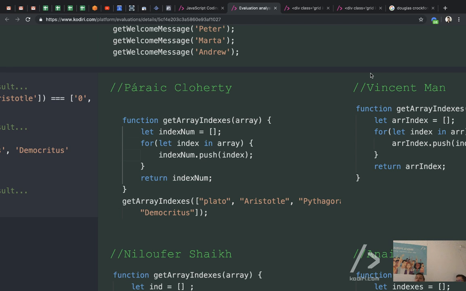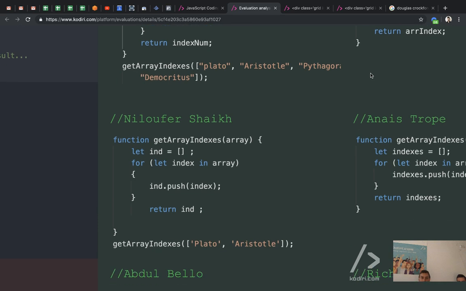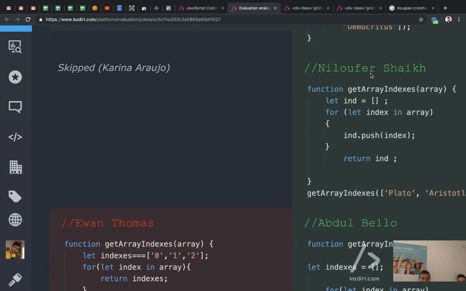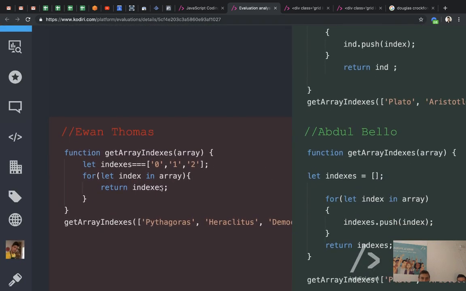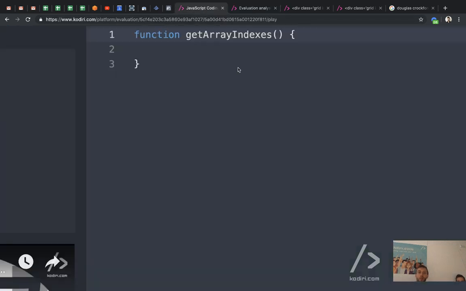So I think most of you used for in loops, yeah? Everyone? Yeah, that was a big tutorial. Okay, so should we start with you? I think the question explicitly invited you to use for in, right? That's why everyone stuck to that pattern. So if we take Ewan's as a reference point,